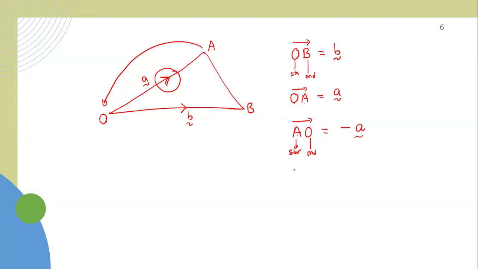Hope that is okay. In the chat, you tell me, what if they have given us BO? How will you represent vector BO? Quickly in the chat. How will you represent vector B to O? Or what will be your response? Good. B to O now will be negative b. Very good.